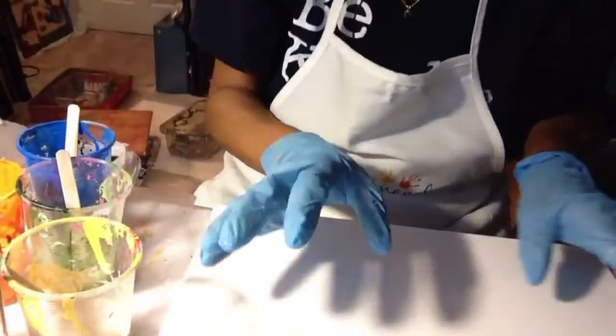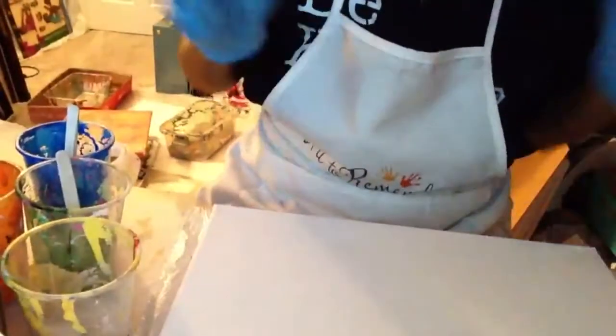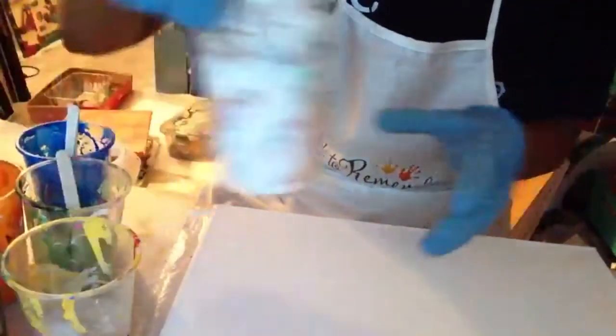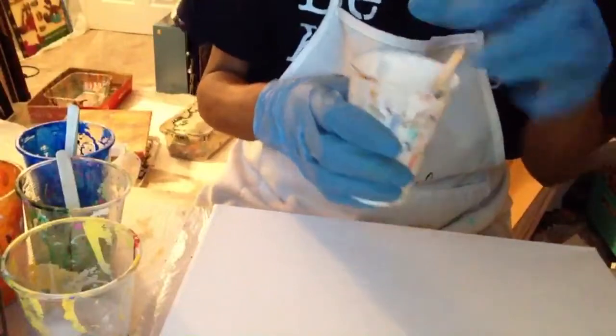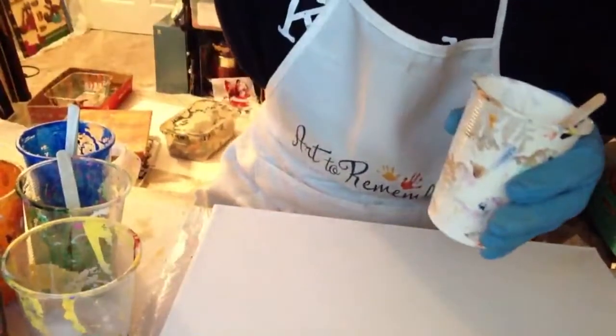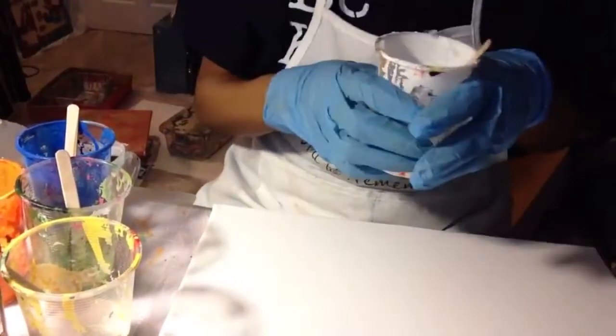So I'm going to put this over here and turn my camera so you can hopefully see. And hopefully this time the camera will decide it doesn't want to be part of the picture. But you never know. It might decide suddenly that as soon as I start messing with it, oh yeah, I want to be part of this. And then I'll be like, oh wow, no, let's not do that. I know it's getting kind of dark outside, so it's really hard to see what's going on. And I have so many paints over here that